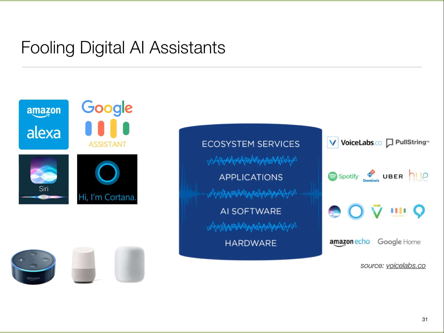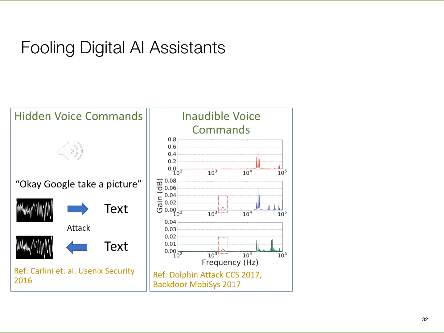So a lot of work has emerged in recent years on fooling these systems, and there are a variety of approaches which have been taken. So one approach is hidden voice commands, and the idea is that we can